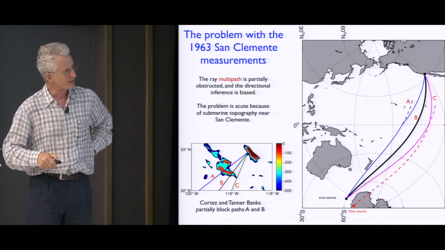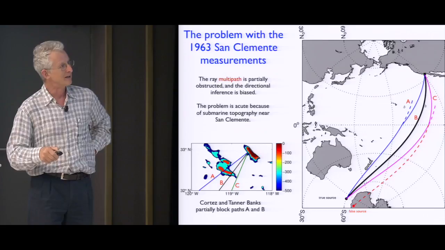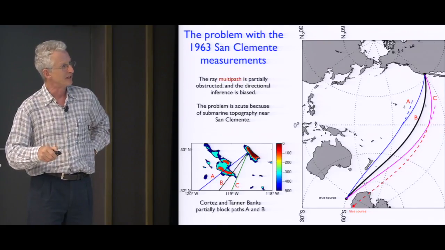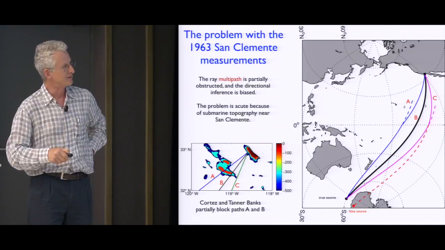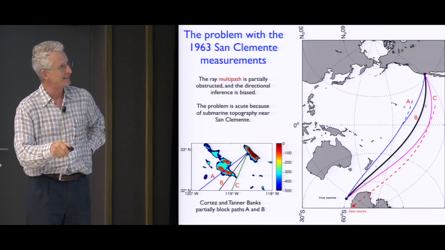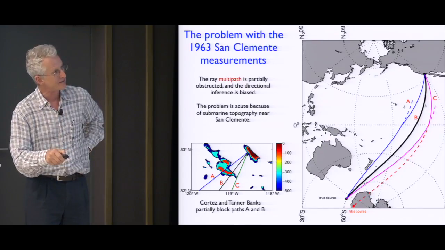And so if I'm launching 3 different rays from a source down here, in principle, all 3 of them would follow this simple multipath and arrive at the receiver, rays A, B, and C. But rays coming from the direction of A, and I've shown deflections occurring only at the equator in this simple example,